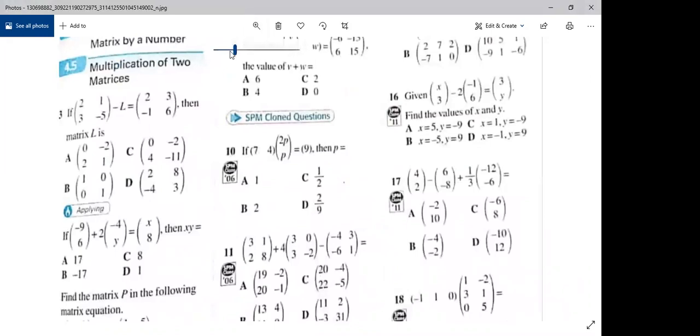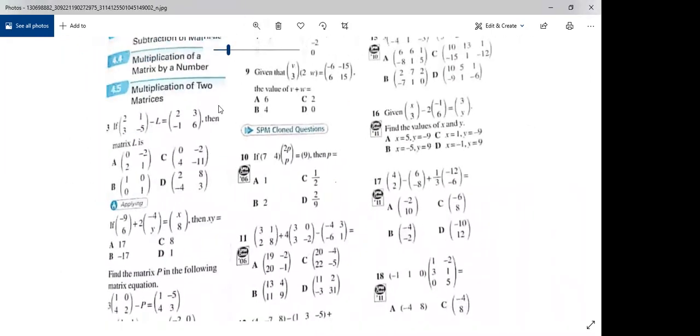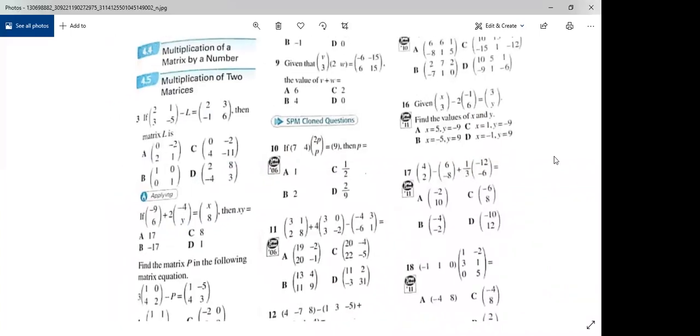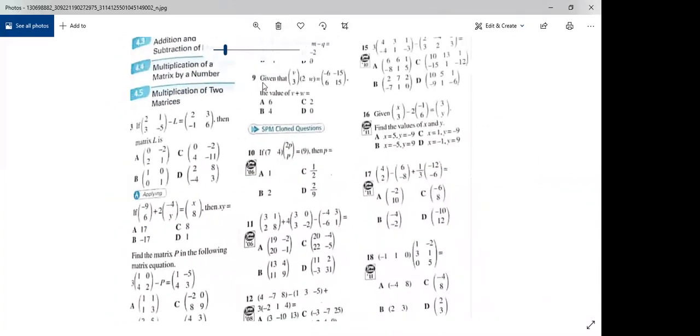We will go through some harder questions, or some simple questions also can. So we go through the first two questions first. In paper one, you can see the format usually is like this. So question number 3 is